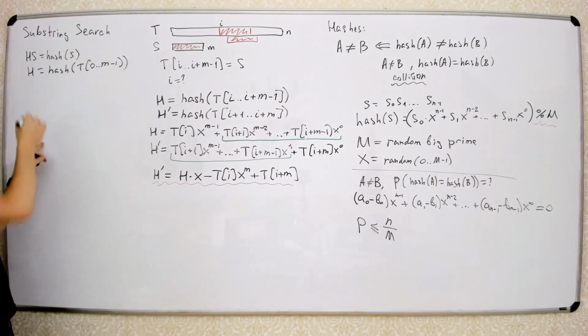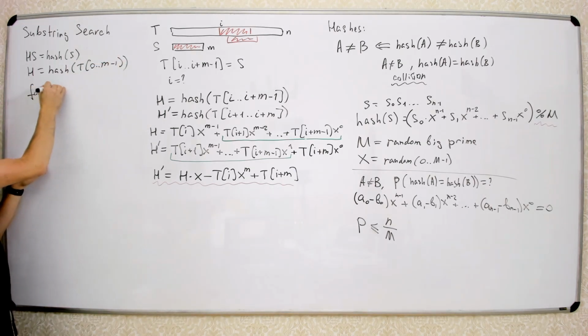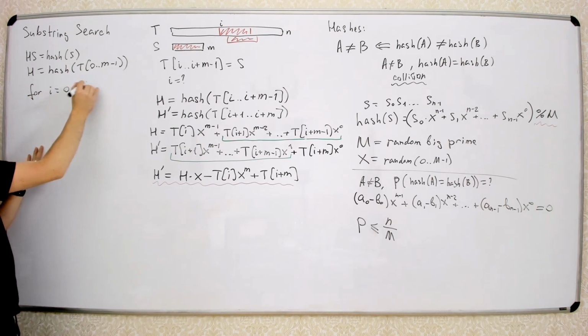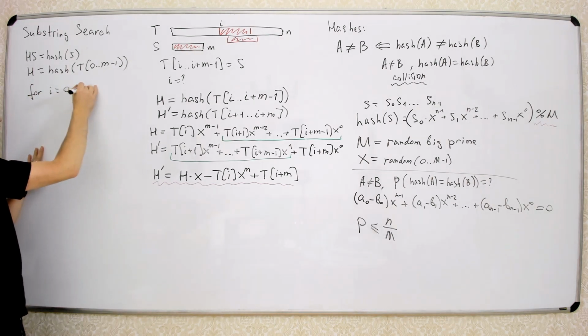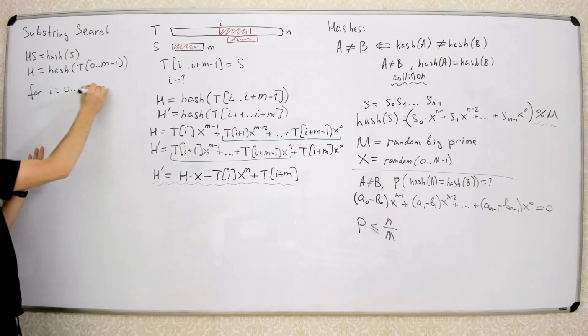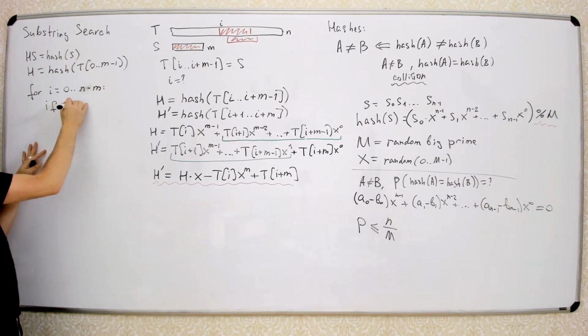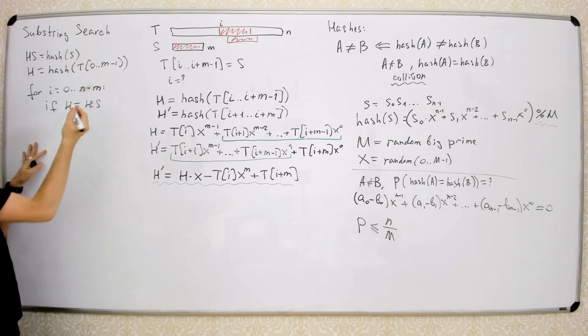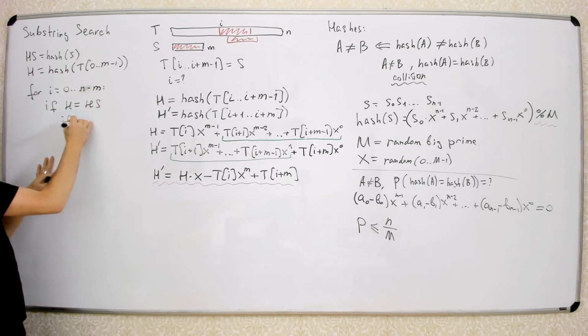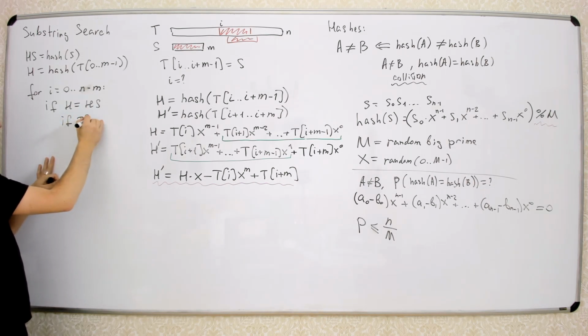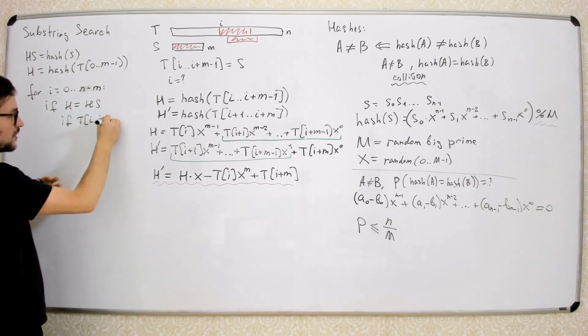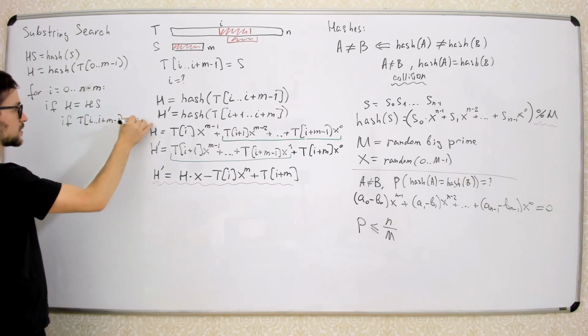And now you iterate for all positions again, up to n minus m, and just compare these two hashes. So if hashes are the same, then you compare these two strings: t from i to i plus m minus 1 equal to s, then return